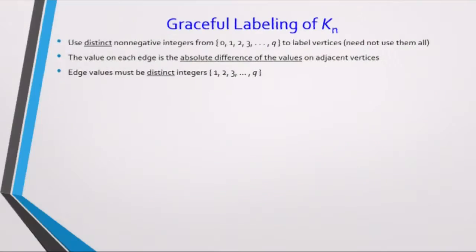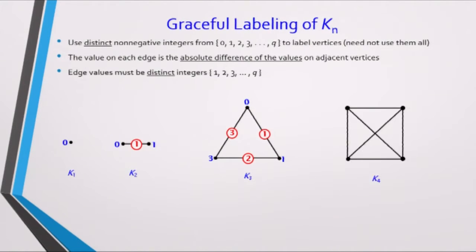All right. Starting with the first class, complete graph, K sub n. How do we label them? Well, K1, that's it. There's no edge to worry about. Done. K2, label 0 and 1. Absolute difference is 1. We are done. K3, 3 edges, 3 vertices. So far, so good. K4, there are 6 edges, so we could use 0 through 6 to label the vertices and find the absolute difference.